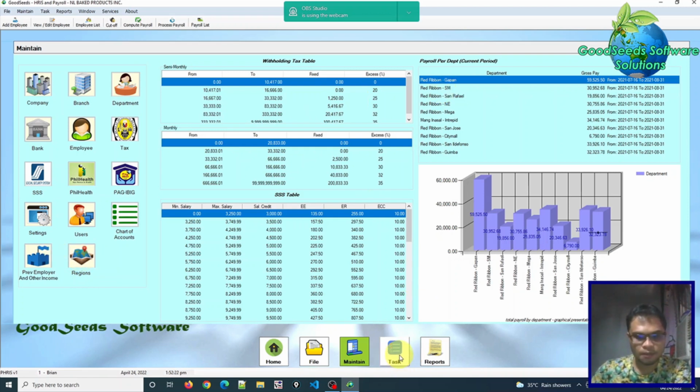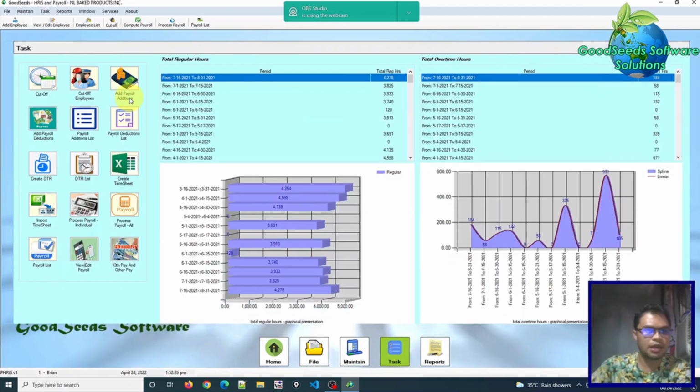So next, we have the task. What does this task mean? These are all the functionalities required in generating or creating a report for a certain payroll. For example, this one, the cut-off period. You need to enter a cut-off period using this cut-off button.